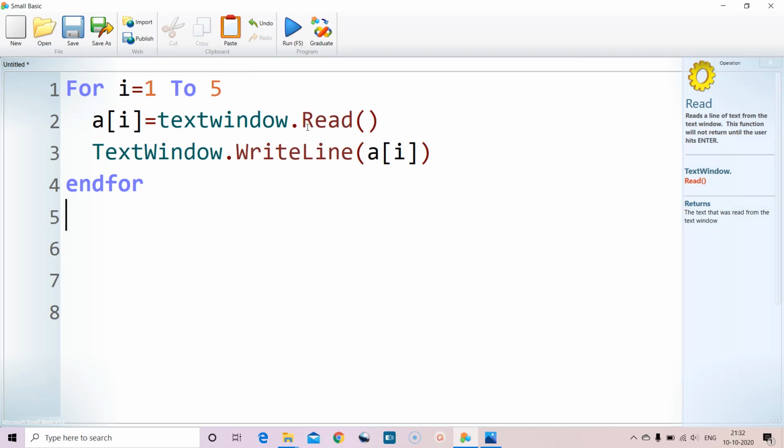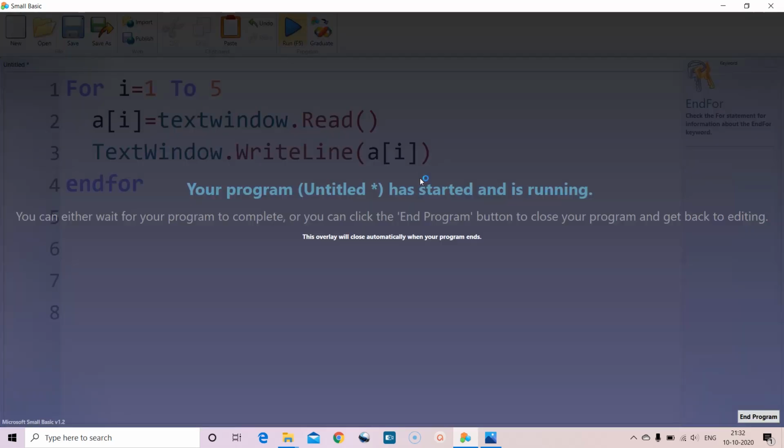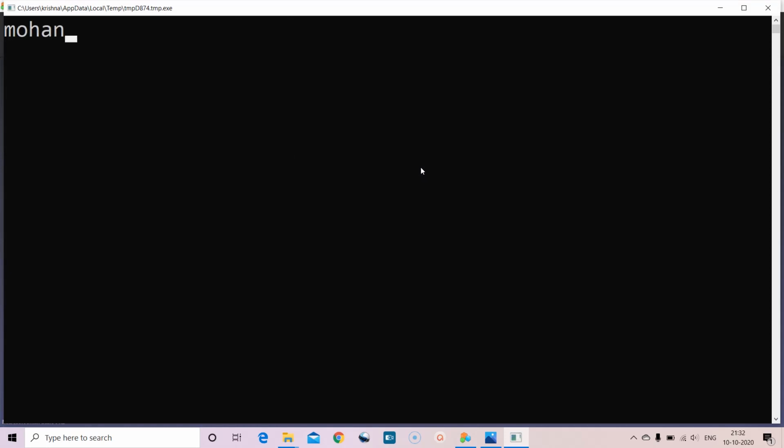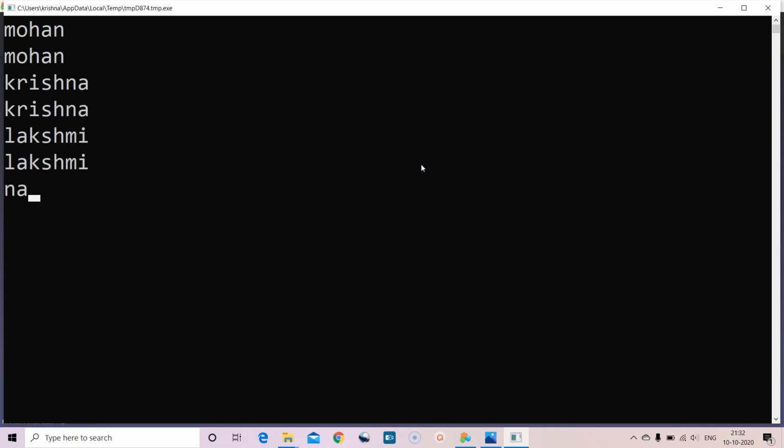So A of I is equal to text window read line, and text window write A of I. We are also printing whatever we read. Let us run it. I'm giving Mohan and it is printing Mohan. I'm giving Krishna, it's printing Krishna. Lakshmi, Lakshmi. Navya, it prints Navya. Mary, yes.